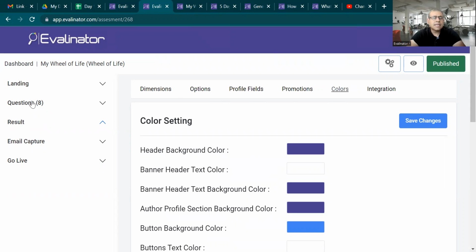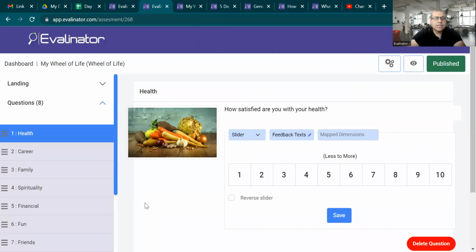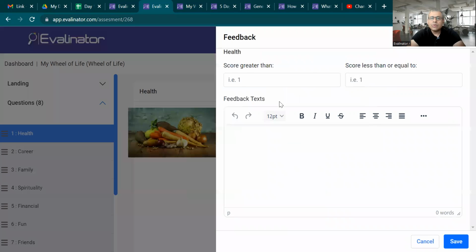And other than that, here is one more thing that we'll probably cover tomorrow, but I still wanted to show you guys today. It's not in this workbook, but for each question, there's a button called feedback texts. You give this because you might want to give personalized feedback to clients. In our case, for the wheel, the scoring is from 1 to 10. So I might want to say that people who scored greater than 0 and less than or equal to 5, I'm going to give them a feedback,